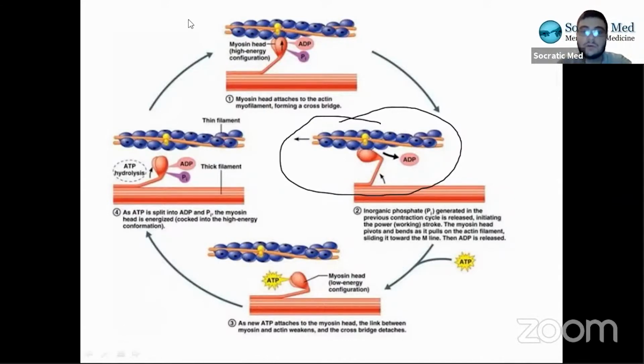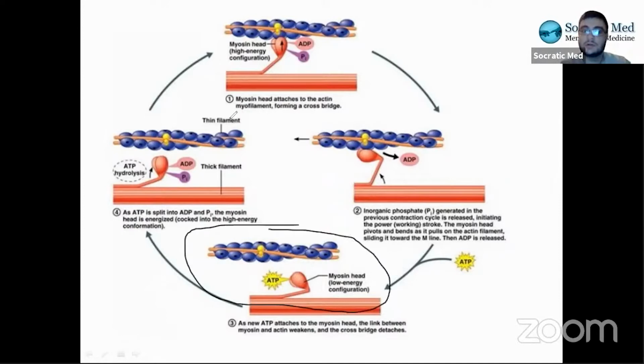So they say when you have no energy, or when you have a disease that prevents you from doing this, or maybe when you die and you have no more energy, which step of the cycle will you be stuck at, right? And this is one example. So rigor mortis, you'll be stuck at this step. For example, if they say somebody has a disease that prevents hydrolysis of ATP, which step would you be stuck at? You'd be stuck at this step because you wouldn't be able to hydrolyze to move on to the next step. If they say there's a problem with inorganic phosphate and you couldn't detach it, you'd be forever stuck at this step before the power stroke, right? That's a common question they may ask you regarding this cycle specifically. Okay.